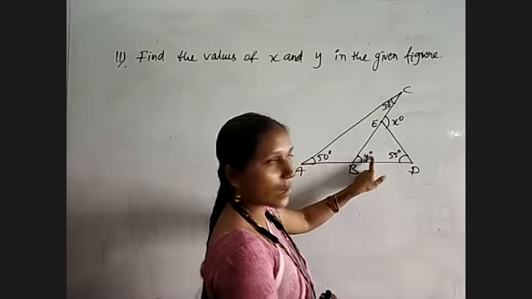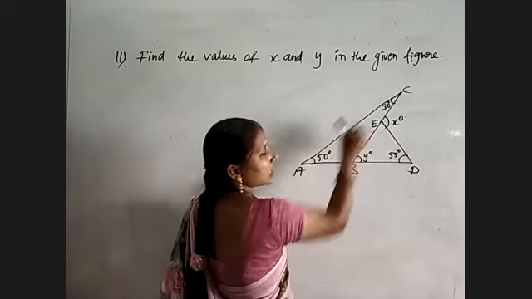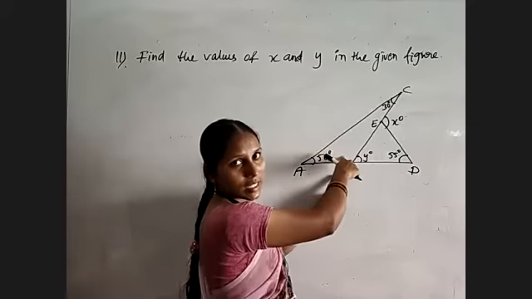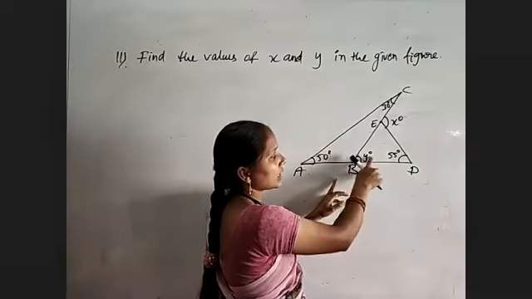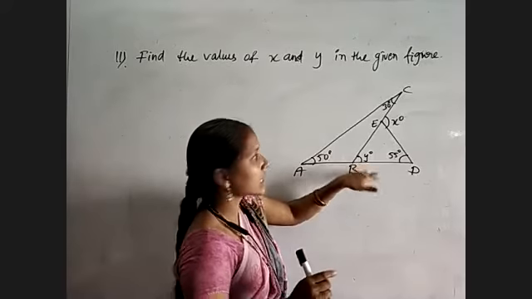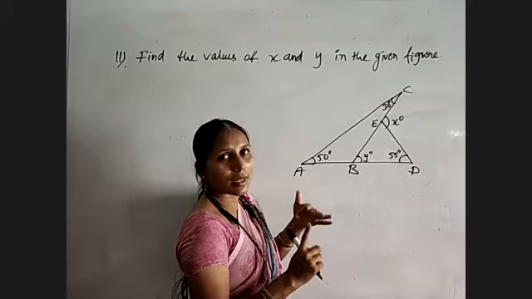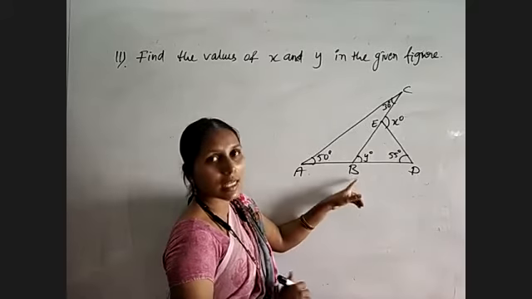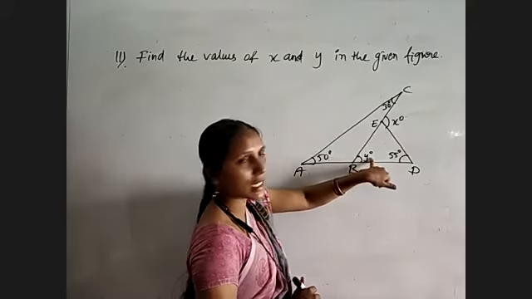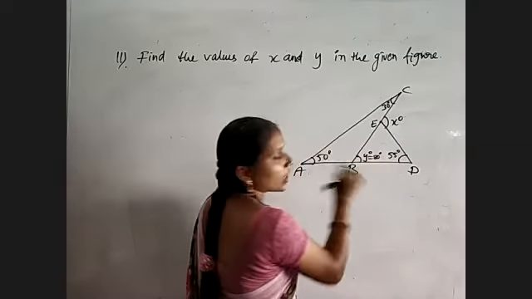How can we find y? For that, consider the triangle ABC. Two of the angles we already have, so you can find the third angle using the angle sum property, and after that, using the linear pair, we will get y. That is one way. But just observe, angle y is an exterior angle of triangle ABC. So instead of two properties, the angle sum property and linear pair, within a single step we will get the answer. That is the exterior angle property. So y is equal to the sum of two opposite interior angles. That means the y value will be 80. 50 plus 30 is equal to 80. So we got the y value.